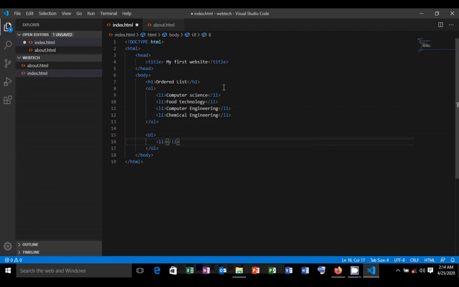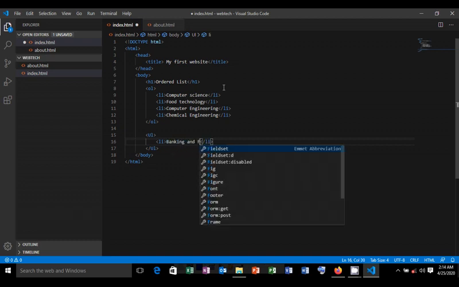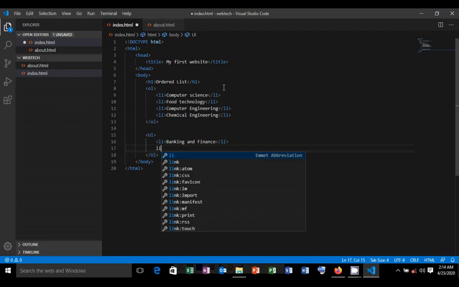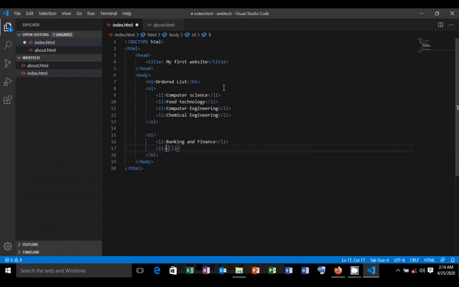I will continue from the list of departments. I will have banking and finance. We have civil engineering,